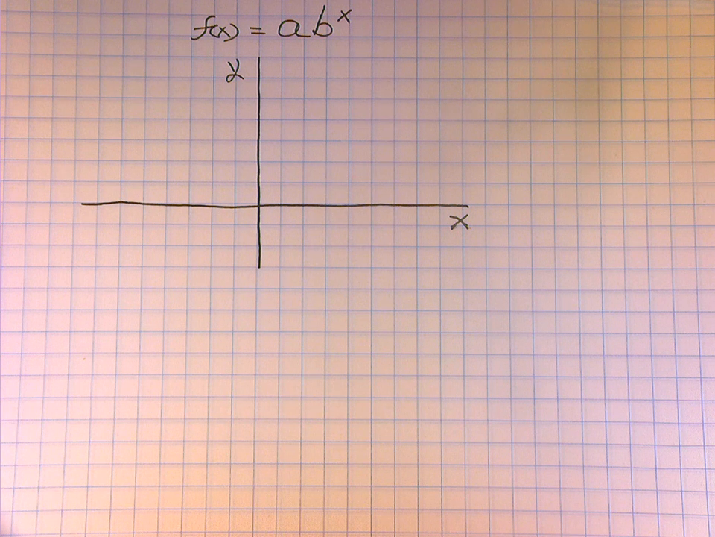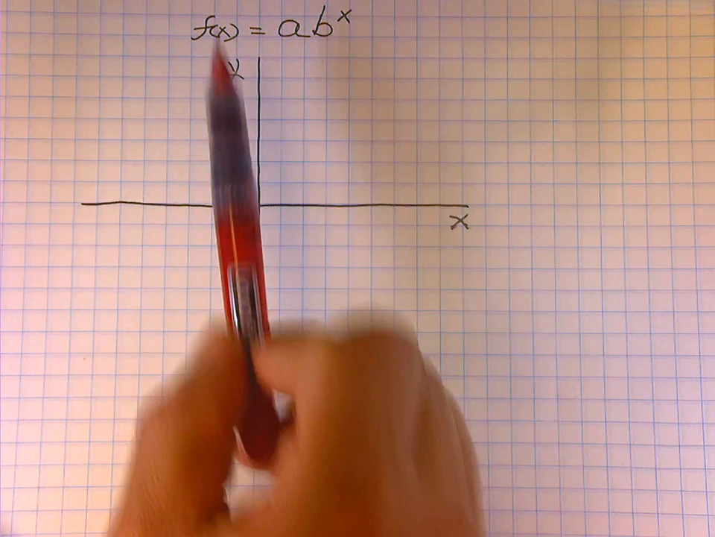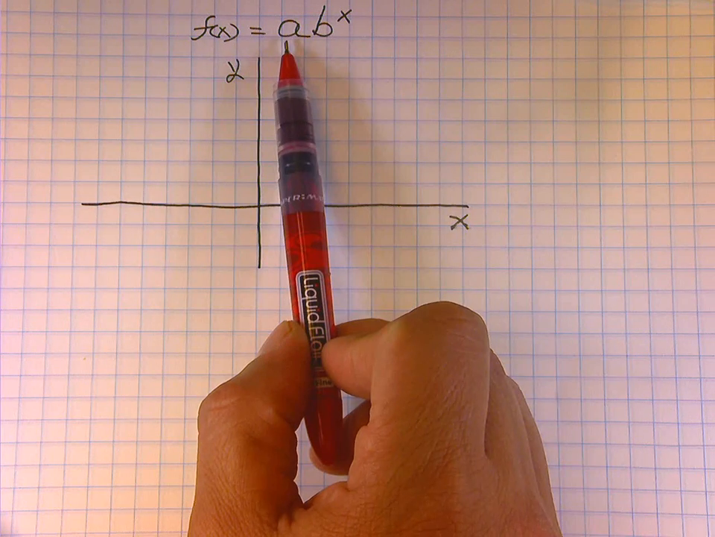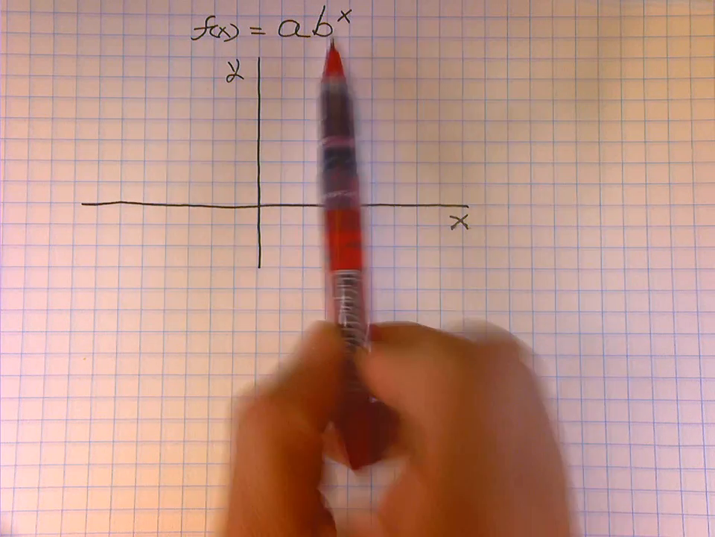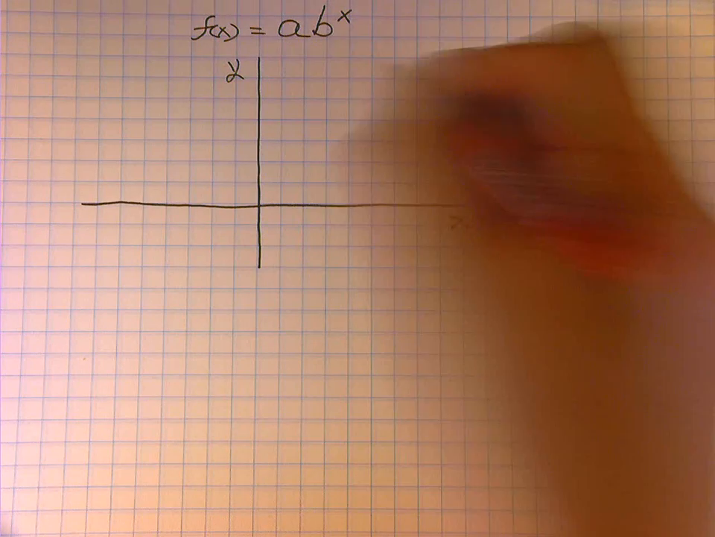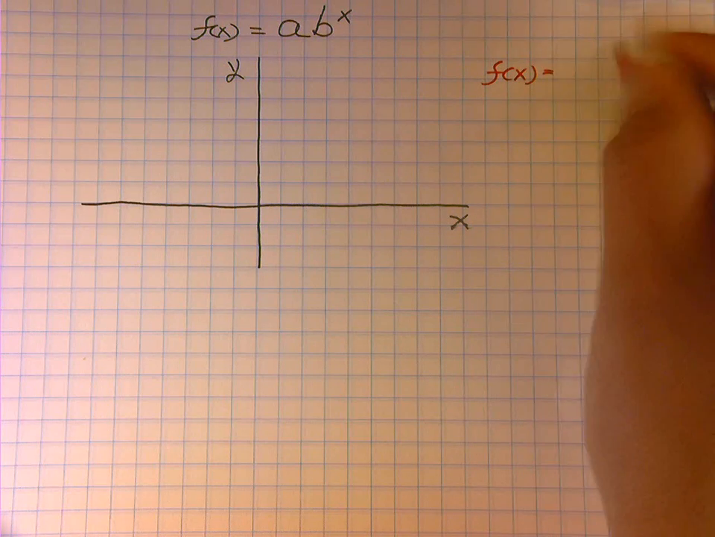Okay, I'd like to talk about the graph of an exponential function. It's important to remember that an exponential function has four basic components: the input variable, x, the output variable, y, the initial value, and the factor. So when I look at a few exponential functions, let's start off with f of x equals